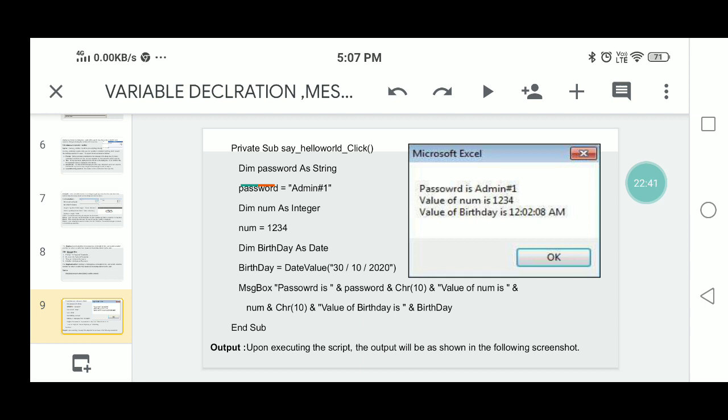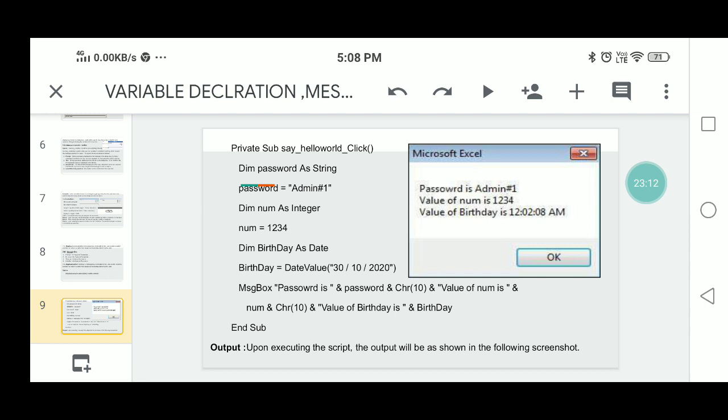It will leave 10 places after printing the password. Then next, end value of num is, it will print this string as it is, and after that ampersand num. Num is the variable, it will print the value, that is 1, 2, 3, 4. Then next you take the separator ampersand, then character 10, it will leave 10 places.